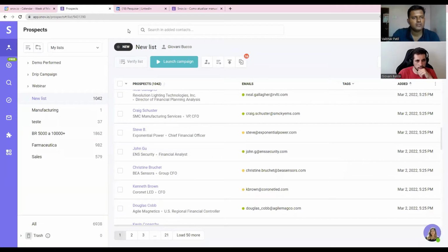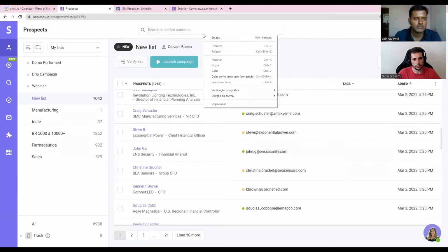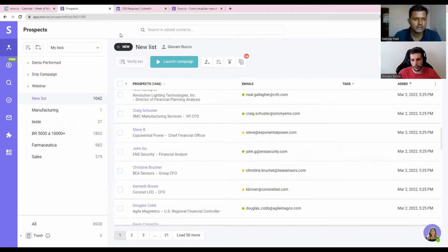So basically, that is what the prospect tool does, right? You have to install an extension, use LinkedIn, and type in your filters as per your requirement, and use the LinkedIn extension to find all the lists and save the leads into your CRM of Snov. Yeah, perfect. We can do that on the website as well.